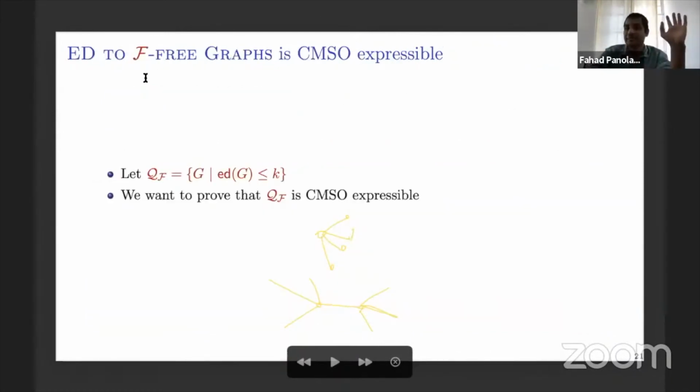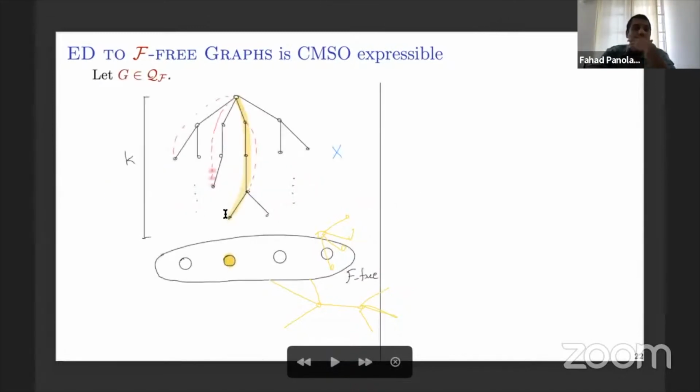Now fix any integer k, and look at the graph class of graphs G such that (G, k) is a yes instance of this problem. So this is a graph class, and we want to prove that it is CMSO expressible. Instead of that, I will give you a characterization of this graph class. Now, suppose G belongs to Q_F, which means that (G, k) is a yes instance of this problem,